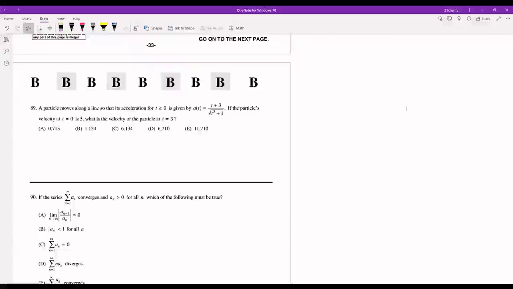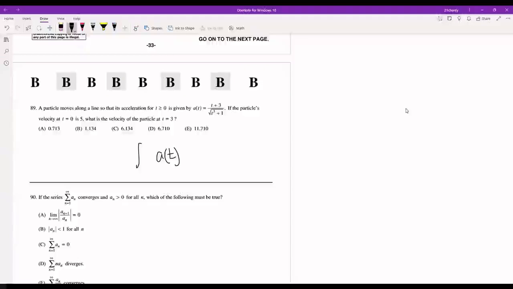What we have to know is that we can take the definite integral over a certain range to find the change in, in this case, the velocity function over that range. So we can integrate the acceleration function